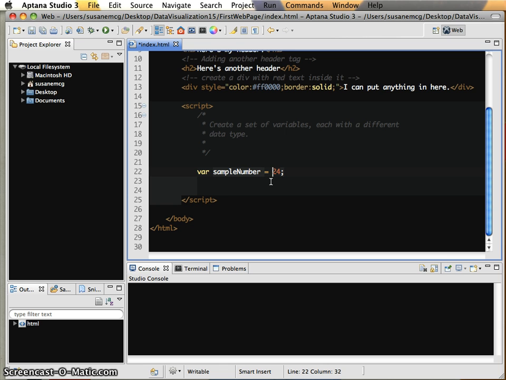okay? Because it says, and this is what I want you to put in the box. This is the thing, the stuff that goes in that box. And in this case, I have handed it the number 24, okay? Just by typing those digits, I've said put the number 24 in there. Now, I can do the same thing,